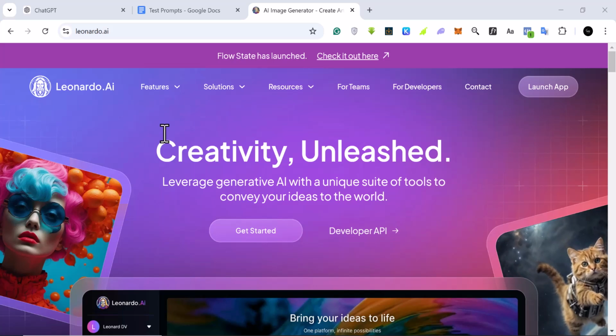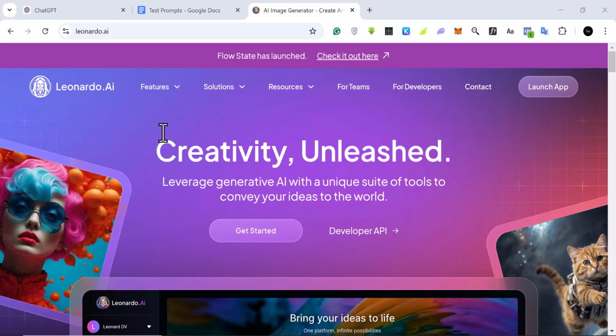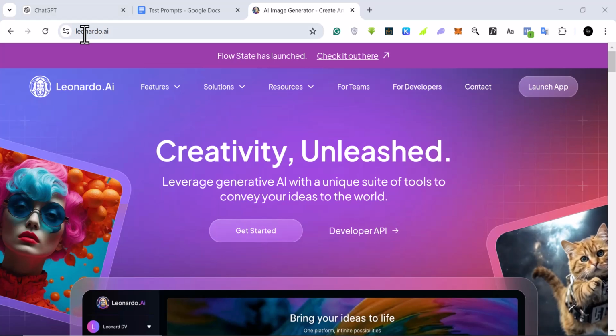In this video, I want to show you how you can generate images using just text. So I'll show you a free app that you can use to generate images, and this app is completely free, and all you have to do is go to the first link you see in the description of this video,